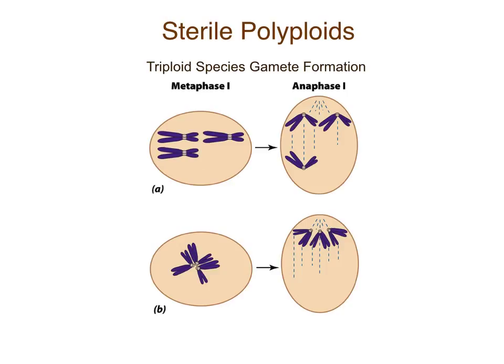How come polyploids are sterile? Here is just an example of a triploid. You're all experts on mitosis and meiosis, so it's not hard to think about what's happening with the chromosomes during meiosis. In metaphase I, you line up with your homologous chromosome. If you have 3 of them, and we're just looking at one chromosome, it might mess up how they get lined up.